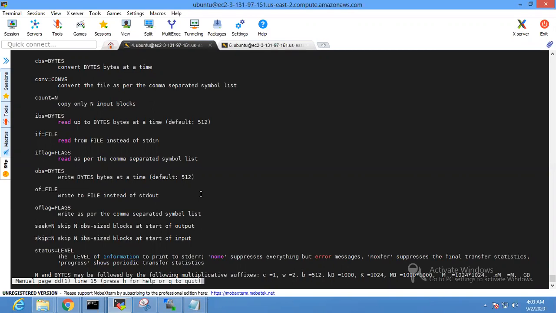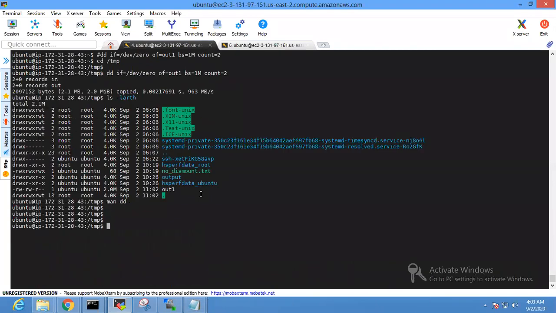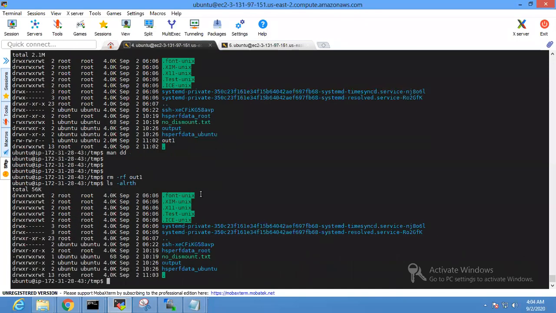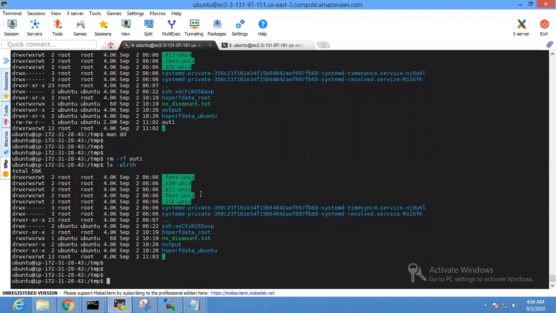Okay, so let's create a sparse file. I don't have it now. I'll run the same, but I'll say seek equal to 10.